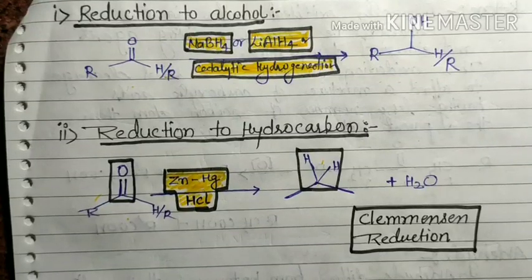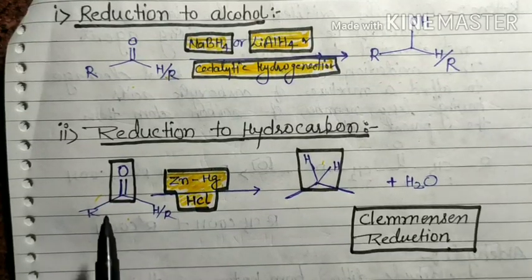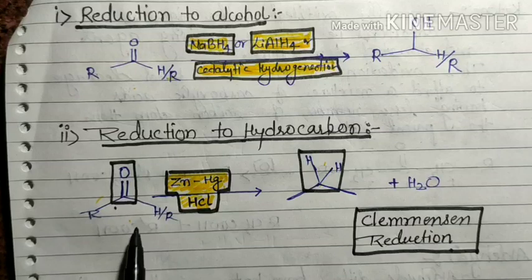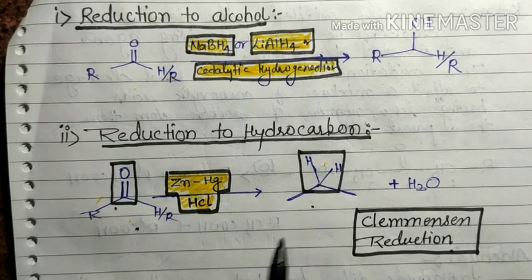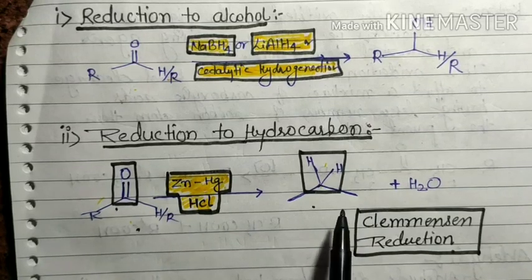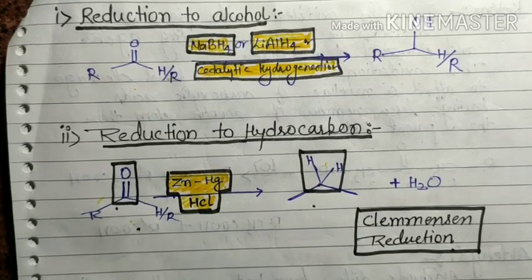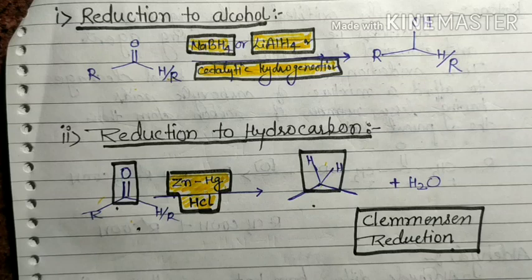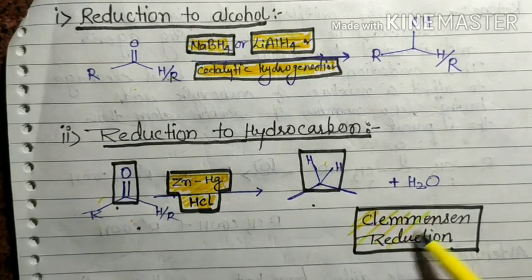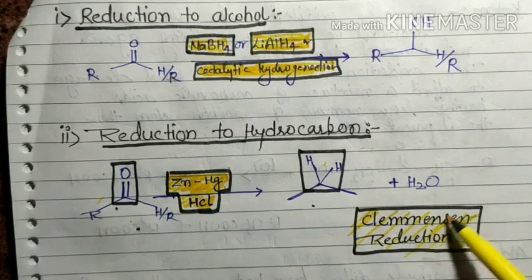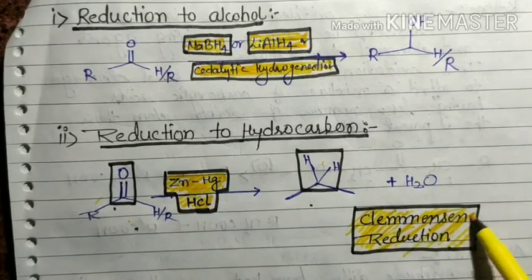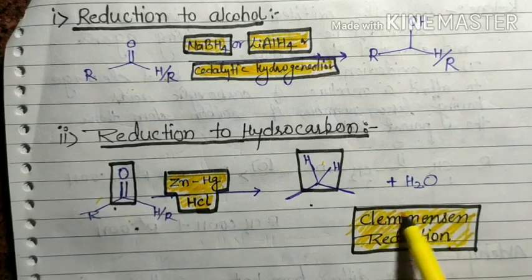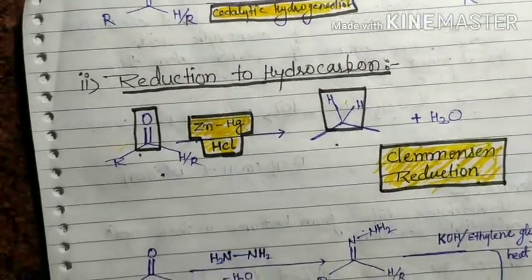What you should learn is the name and the conversion, that is, the conversion of aldehyde or ketone into the corresponding hydrocarbon, or you simply say that the conversion of the C double bond O group into a CH2 group in the presence of ZnHg and HCl is known as Clemmensen reduction. So this is Clemmensen reduction. Clear? This is a very important conversion to convert the carbonyl center into a straight CH2 chain.